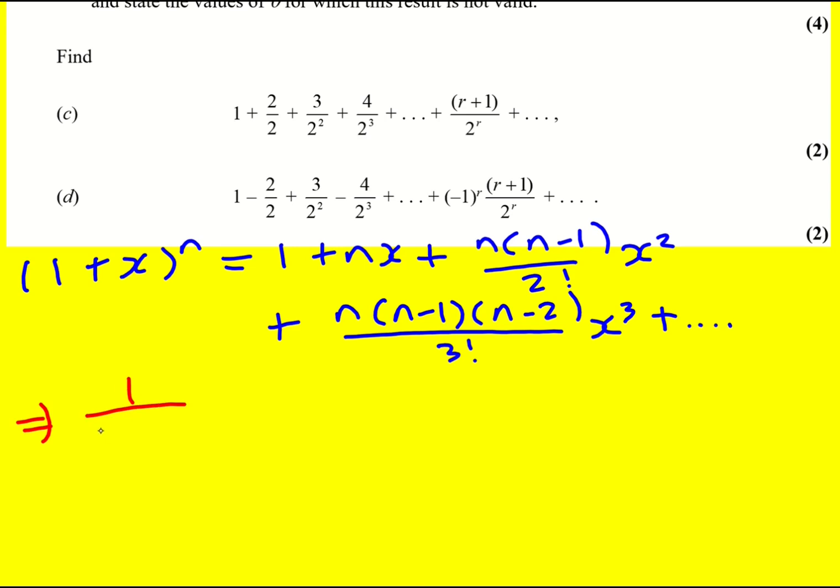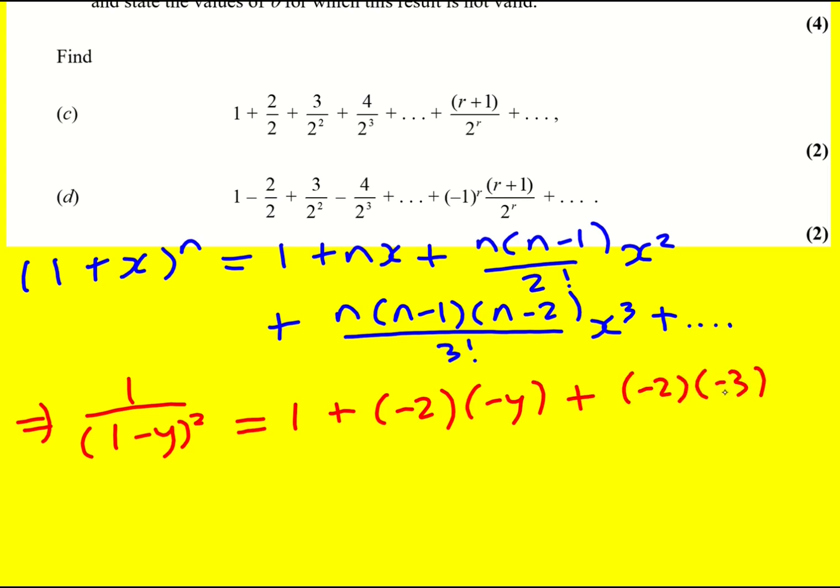And therefore 1 over (1 − y) squared is equal to 1 plus (−2)(−y), plus (−2)(−3)/2 factorial times (−y) squared,